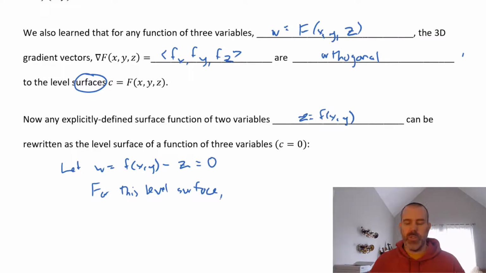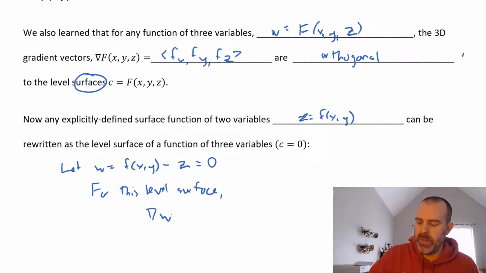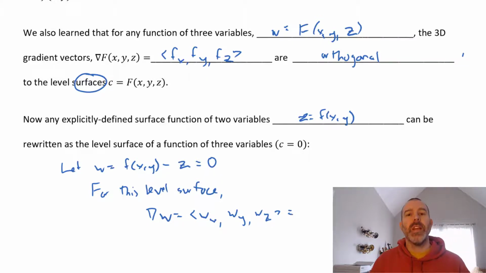So for this level surface, the gradient of w will be the partial derivative of w with respect to x, the partial derivative of w with respect to y, and the partial derivative of w with respect to z. So if we take the derivative of w with respect to x, that'll be the partial derivative of f with